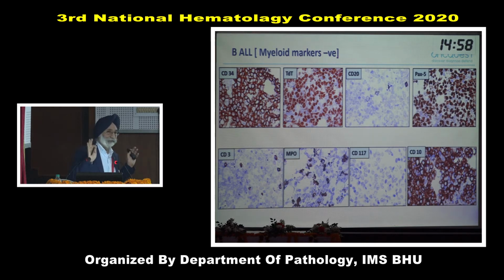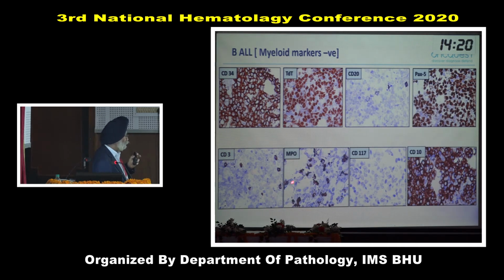Once you know it is acute leukemia, what we find in B-ALL is, the main thing is that the myeloid markers are negative. That means CD117, MPO are negative. So what we have now is CD34 positive, TDT positive, CD20 negative, except for a few cases where there may be some cells which demonstrate CD20 positivity, but by and large CD20 negative. PAX5 is a nuclear marker, a very good marker. So is the TDT. These two nuclear markers give us an idea. PAX5 for B cell series, and so is CD10. Now myeloid markers negative means CD117 negative, MPO negative.